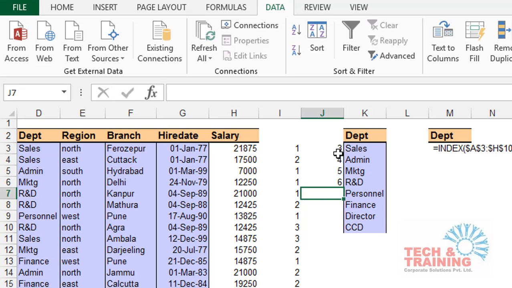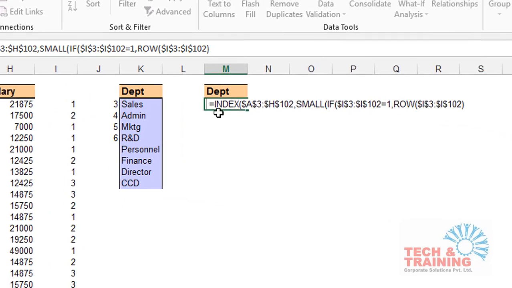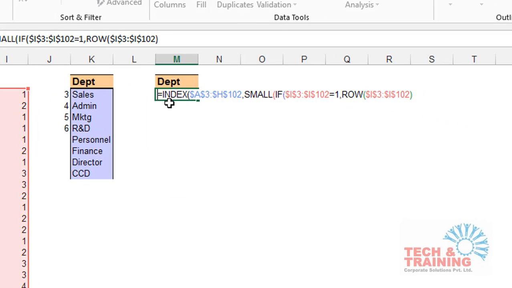So in order to get 1, 2, 3, 4, I have to subtract this row number from 2. For this I'll get 1, for this I'll get 2, 3, 4, and so on. So in order to get row numbers 1, 2, 3, 4, 5, 6, and so on, whatever output I'm getting from this row function, I have to subtract this entire row function from 2. Now a value of false, let's leave it blank